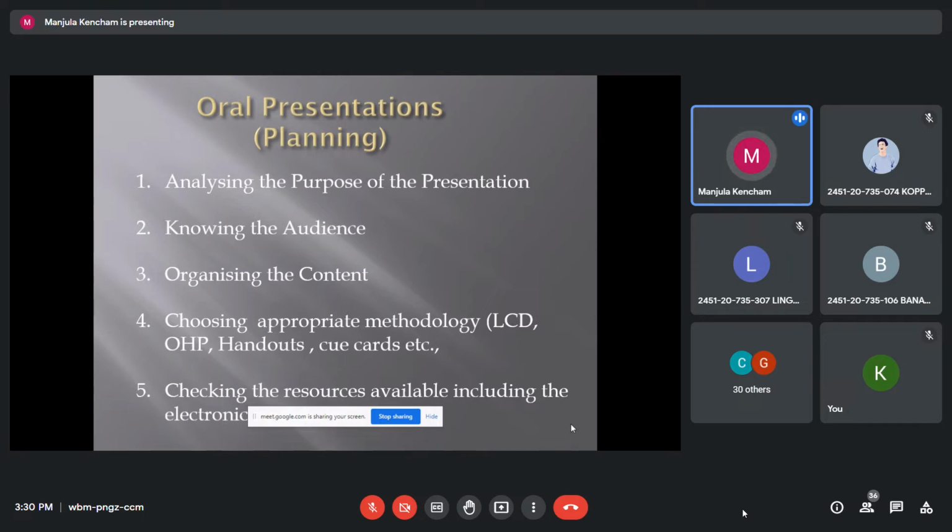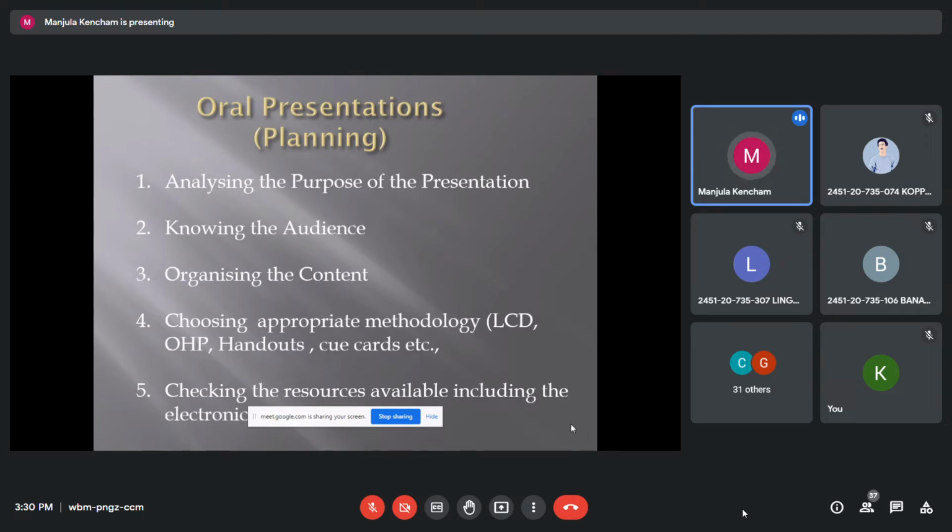Apart from that, whenever I plan making a presentation, I also have to immediately think about the modes and means of my presentation. That is, what kind of tools am I going to make use of while making these presentations? What is the methodology? Am I going to give them a series of questions, or am I going to tell them I am talking about this concept and I explain that and demonstrate that? Or